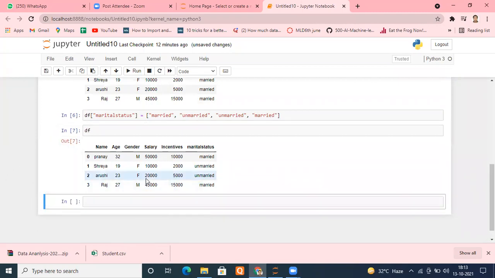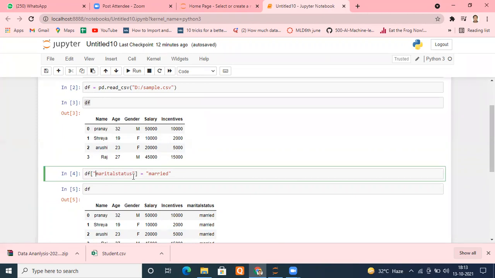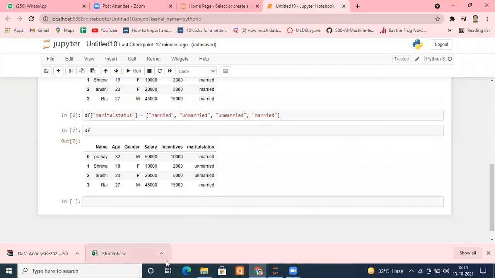Means easily we can create a column. Very easily we can create a column. If it doesn't exist, doesn't matter. Just use the name of your variable that you have assigned to the data, your data frame. Whatever name you want to use, put that inside your square brackets, and whatever values you want to put, just put those. You will get your column created.